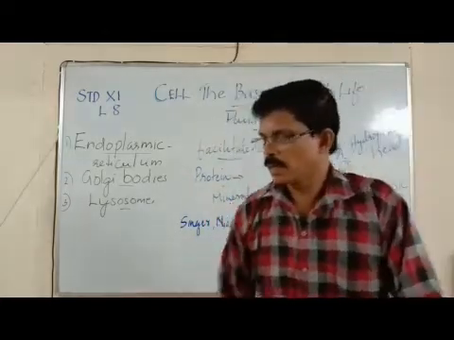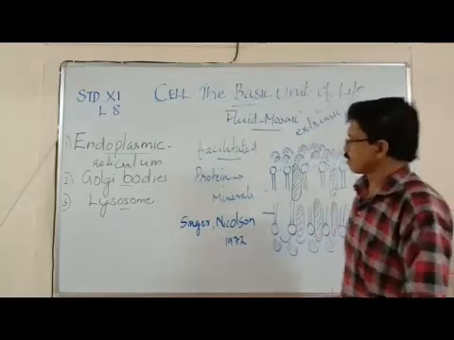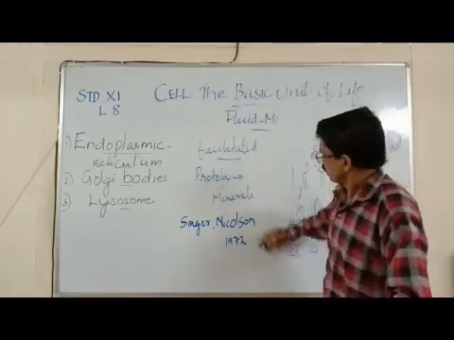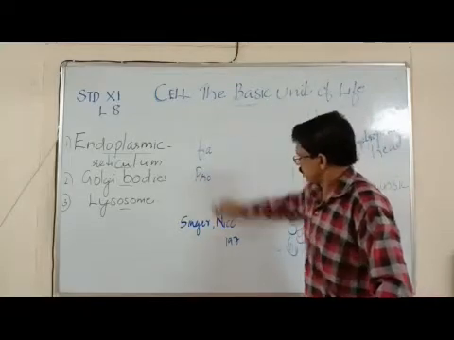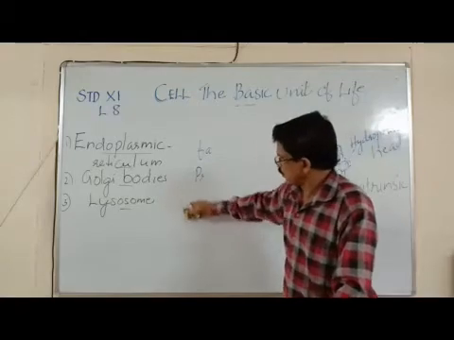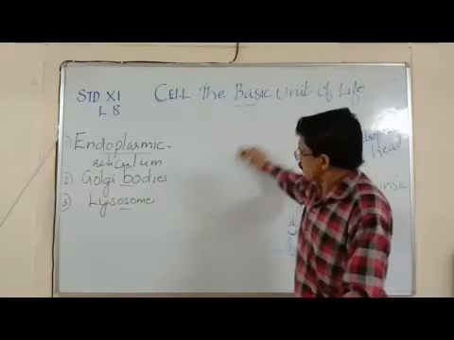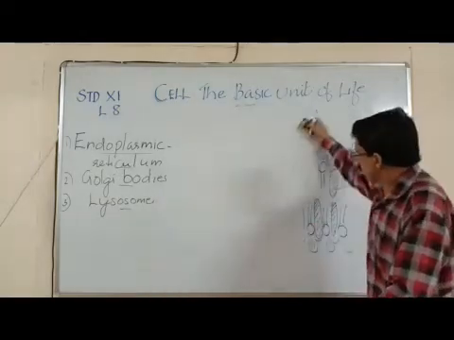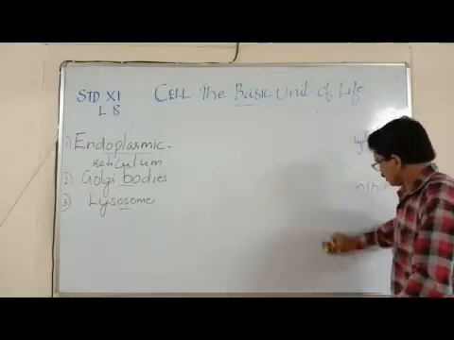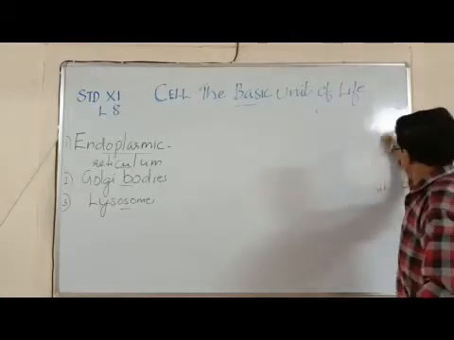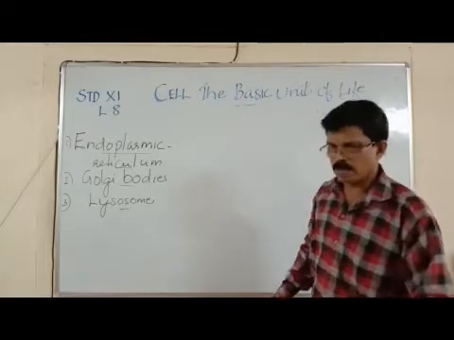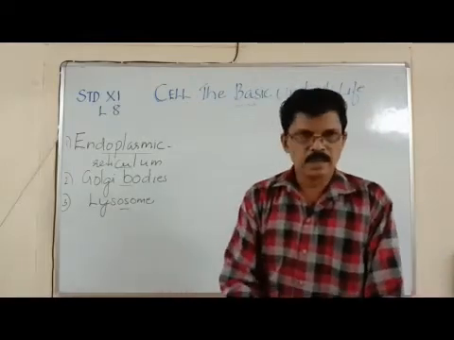plasma membrane. Now, in this session, we are going to study the membrane bound organelles. Membrane bound organelles are features of eukaryotic cells, and they are absent in prokaryotic cells. Now, let us start with the first organelle, that is called the endoplasmic reticulum. You might have studied some points about it in previous years.